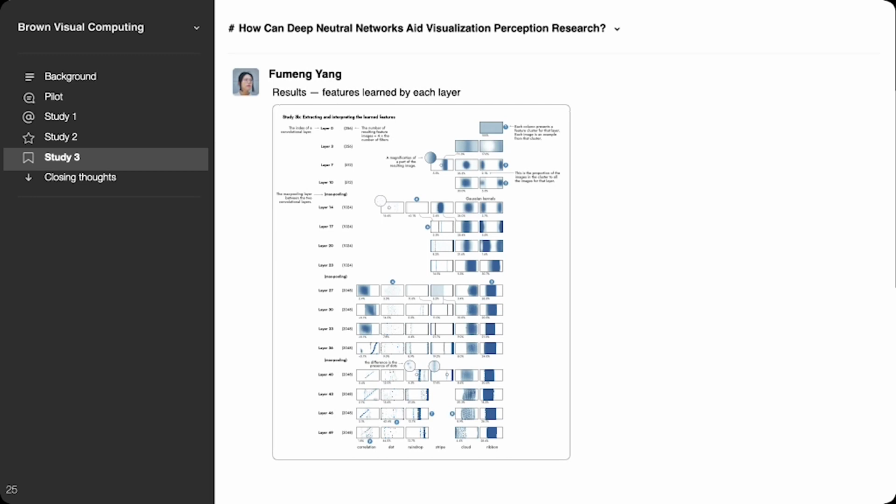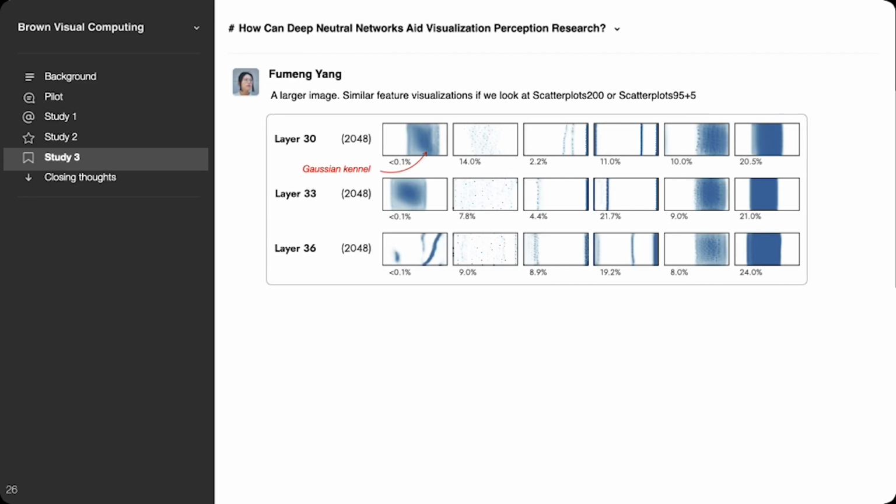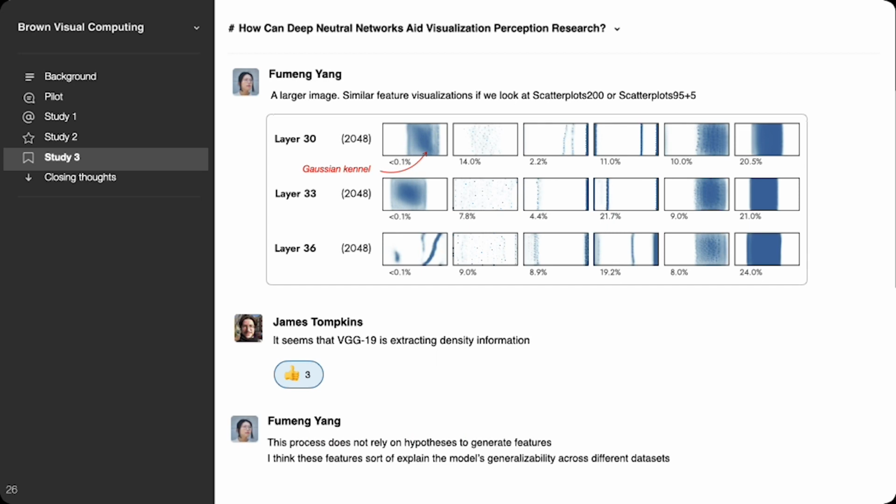Again, I'm not going to explain each of the images, but only want to highlight the most important findings. So in the deeper layers, we found there are interpretable features like Gaussian kernels and correlation lines. The Gaussian kernel may suggest that people may not just be looking at the prediction ellipse, they also need density information. Importantly, this process does not rely on our hypothesis and seems to generate a complete list of perceptual features, which partially explain the model generalizability and solve the problem of extracting perceptual features from different visualizations, and that was in